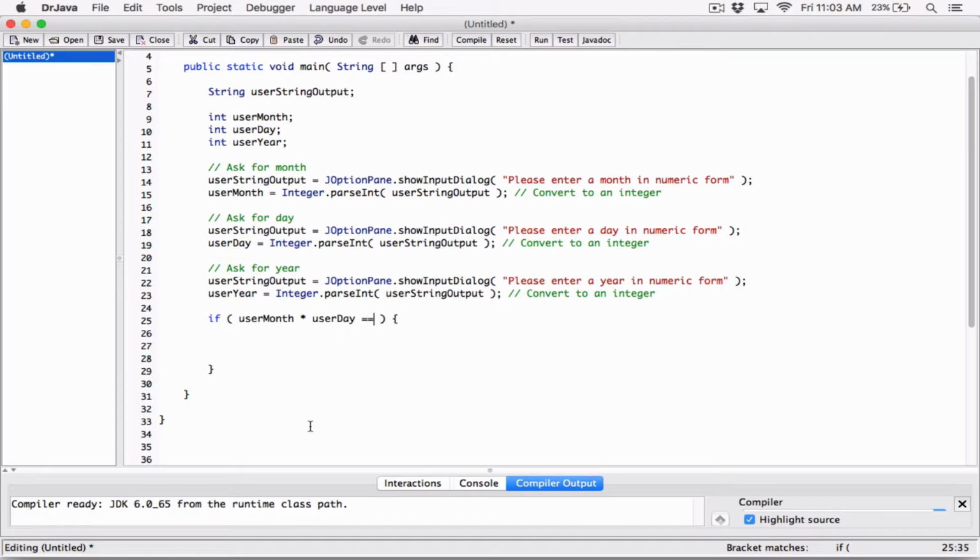So if user month times user day is equal to, now we are using double equals as opposed to a single equals, because if you do that, you are assigning a value to the variable instead of comparing. Now with this, we are comparing to see if the result of user month times user day is equal to, we are using double equals to say if this is exactly what's in the other side. So if user month times user day is exactly what's in user year,